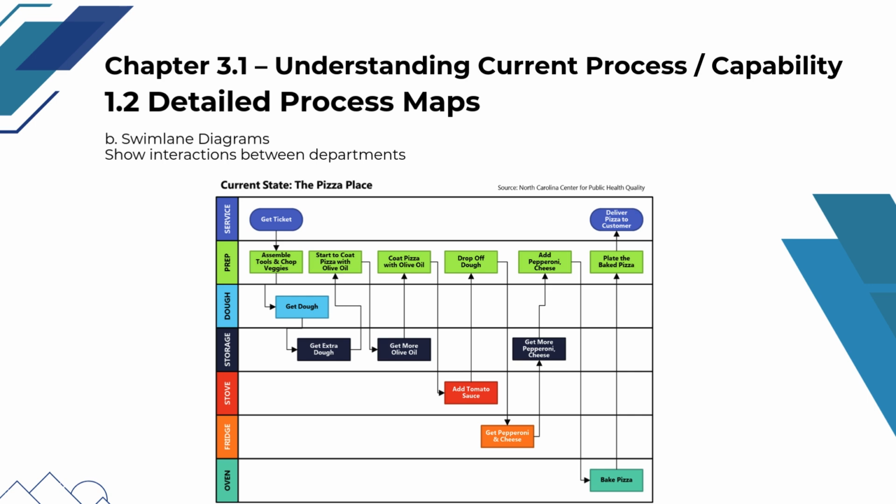In Chapter 3.1, swim lane diagrams help expose cross-functional inefficiencies, communication breakdowns, and accountability issues, providing a realistic view of how the current process operates and establishing a strong baseline for capability assessment and effective redesign in later DMADV